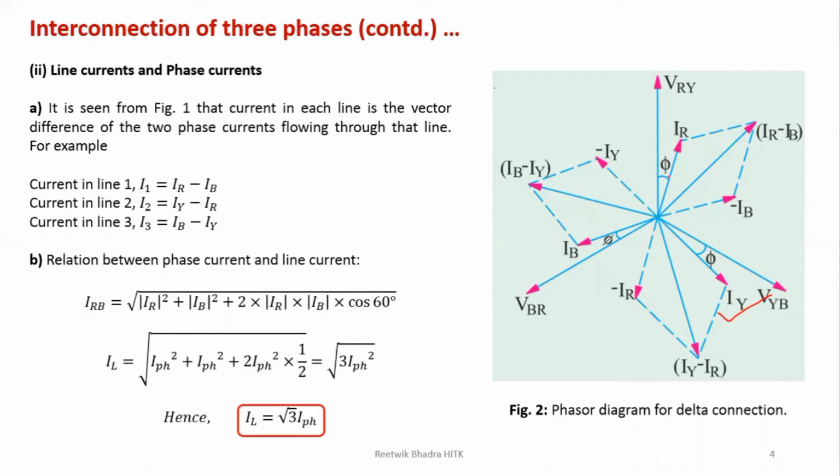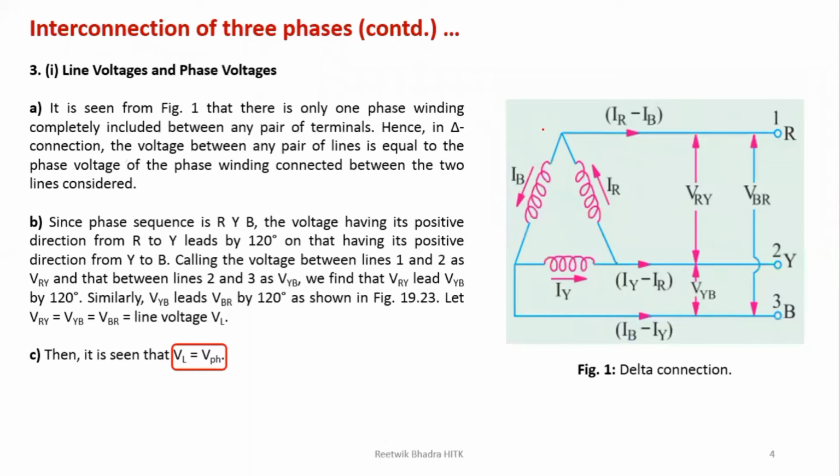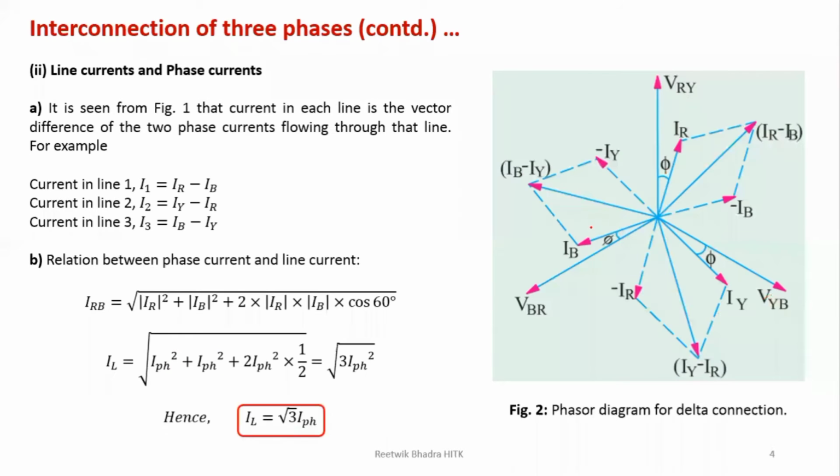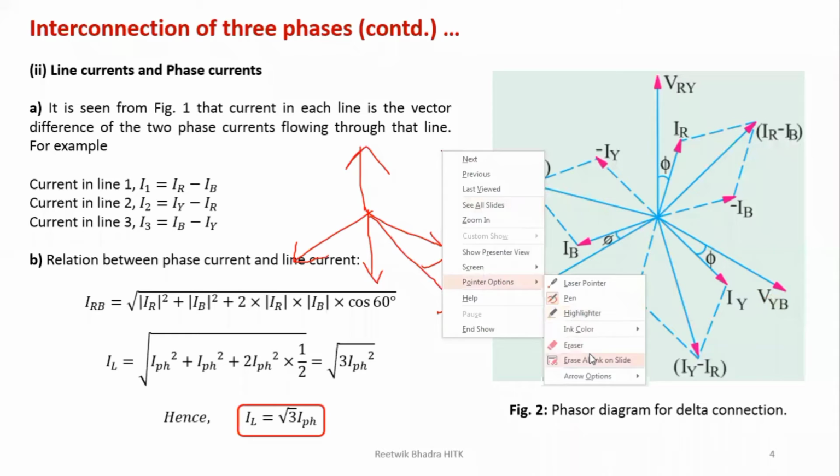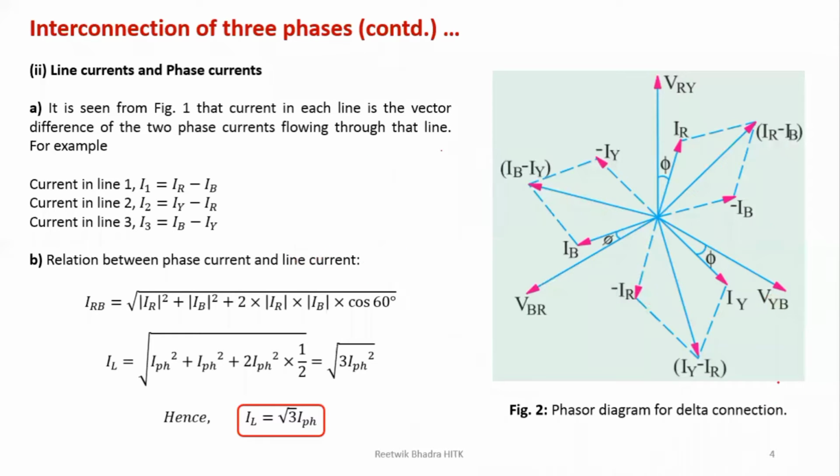But you can show it with an angle phi also. That is very good, because it is an inductive winding. So it's good to show it by an angle phi. Otherwise you could have shown this as IR, this as IY, this as IB, bring IR in the opposite direction, show the resultant, no problem. That is also correct, like the previous one in star, what we did. So both are correct. You can do it anyway, but it is more exact to draw this diagram, because it represents both voltage and current out here.